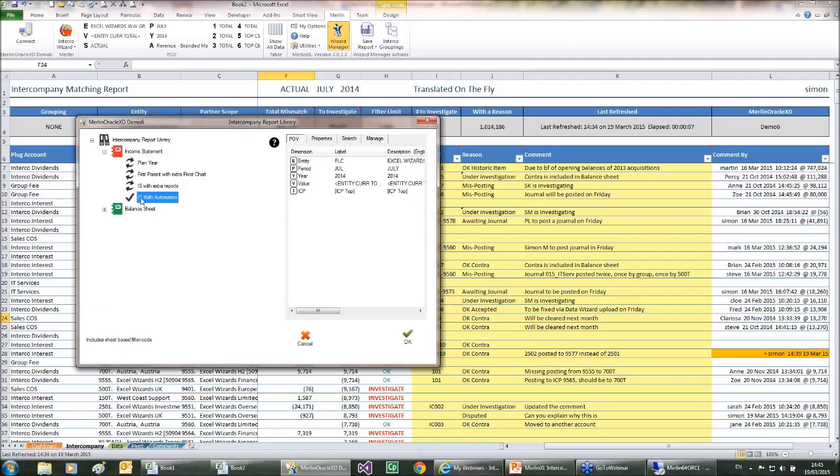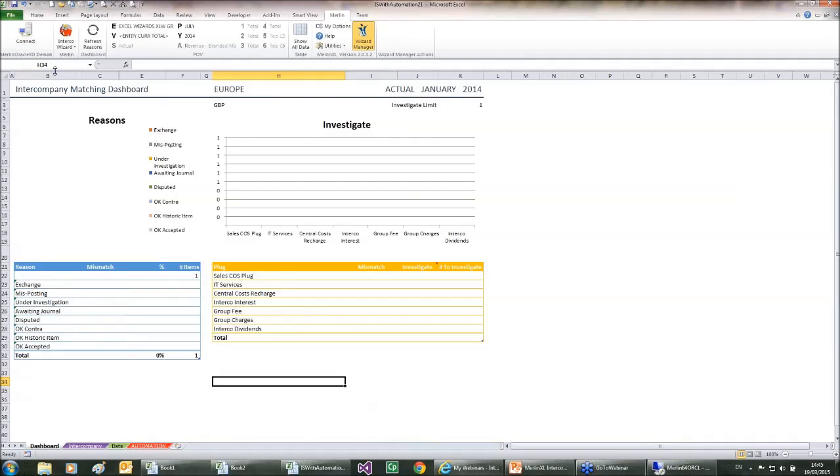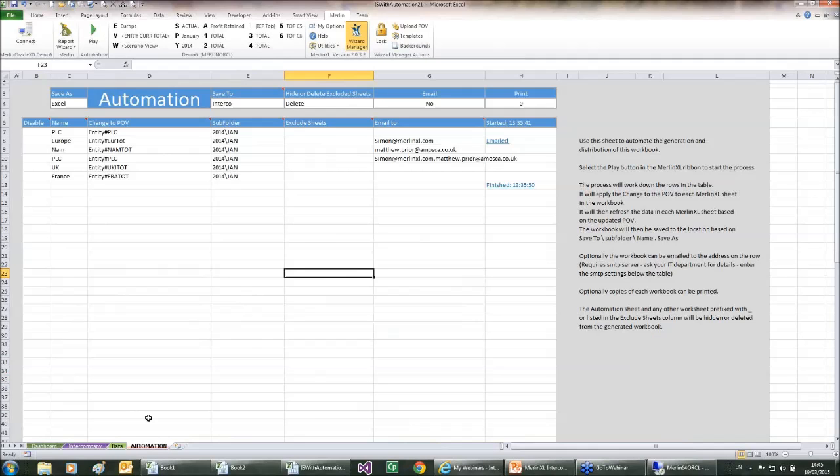So I'm going to download the income statement report, and this one contains an automation sheet. So I've downloaded a blank intercompany template, and we'll look at the automation sheet. Now the automation sheet is a report that can be added to any workbook, whether it be a report wizard report or an intercompany report. And when I click on this play button,